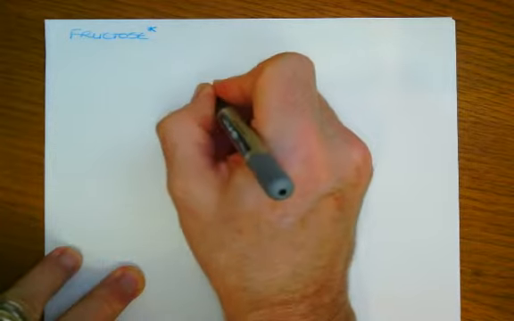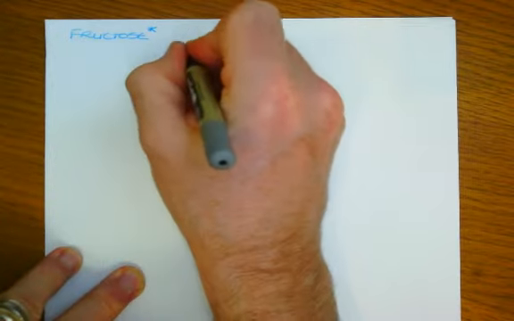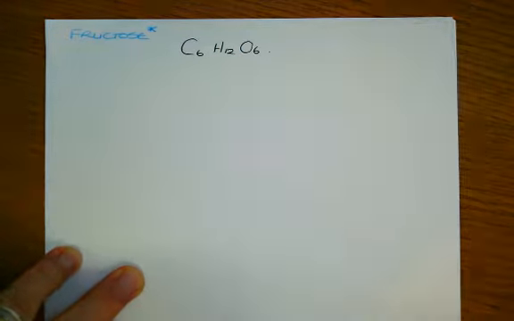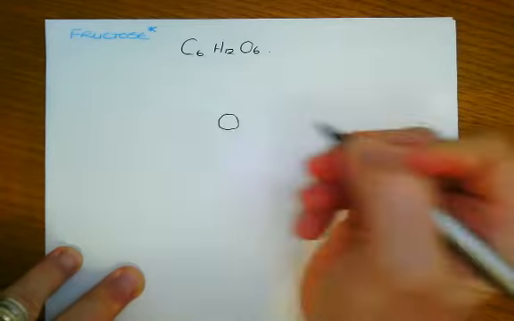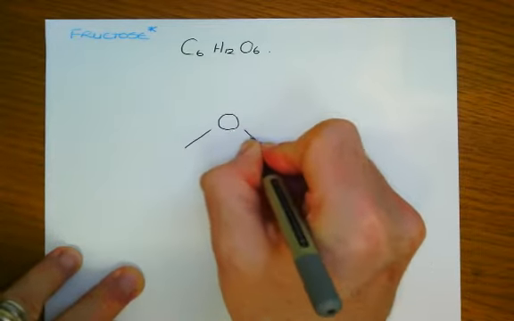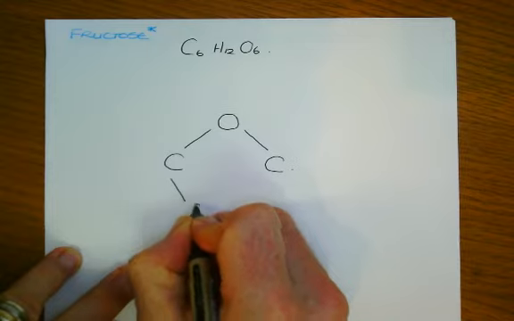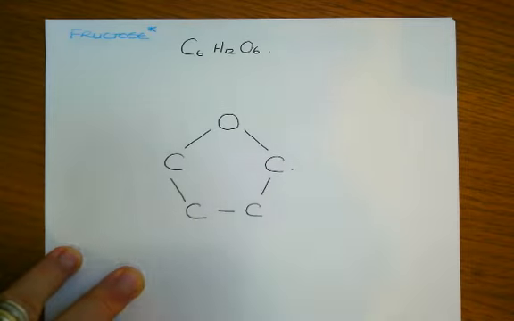So moving on, I want us to spend a minute or two looking at the structure of a couple of other molecules. Now, you will not be required to draw the structure of fructose, but I think it's worthwhile to spend a minute taking a look at the structure so you can appreciate the molecular formula and how it's different from the structural formula. So fructose is another hexose sugar, so again it has the formula C6H12O6,